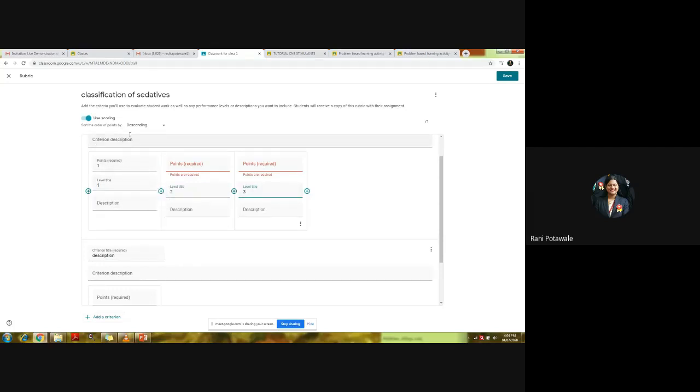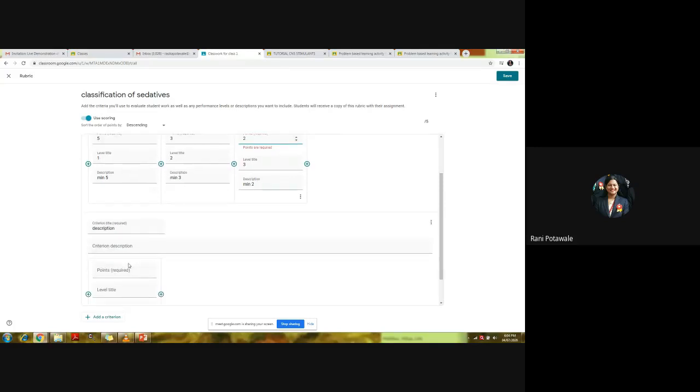I have to give 5 marks for the first criterion. For 5 marks, I'm expecting, suppose, a minimum of 5 structures. If a minimum of 3 structures, I'll assign 3 points, and a minimum of 2 structures, 2 marks. Like that, you can give the points.